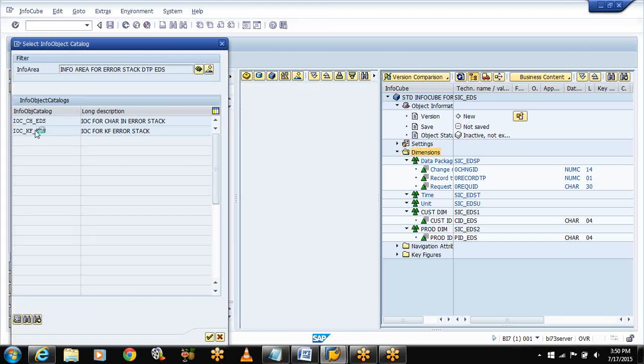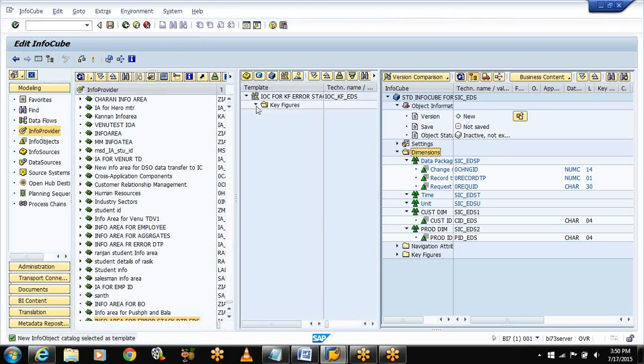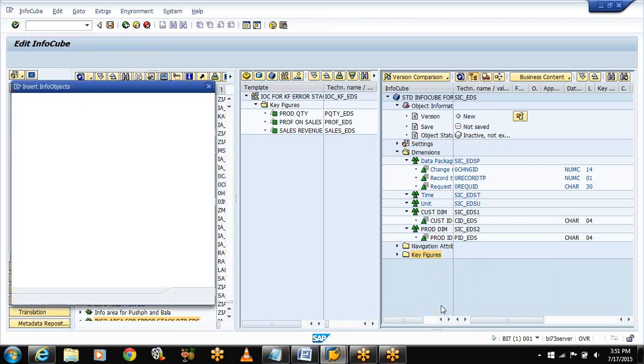This one, info object catalog. Double click on the info object catalog for key figures. Select this, expand the key figures. We can select all of them and drag and drop into the key figure folder, or else I'll show you another method also. Select the key figure folder, context menu, info object direct input.